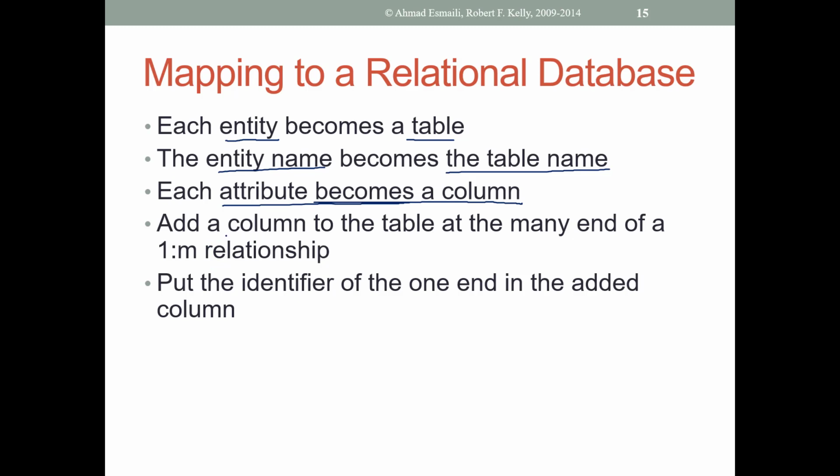Now, add a column to the table at the many end of the one-to-many relationship. Okay, and put the identifier of the one end in the added column. So yeah, this is kind of getting a little technical. So what do we mean by that? So let me